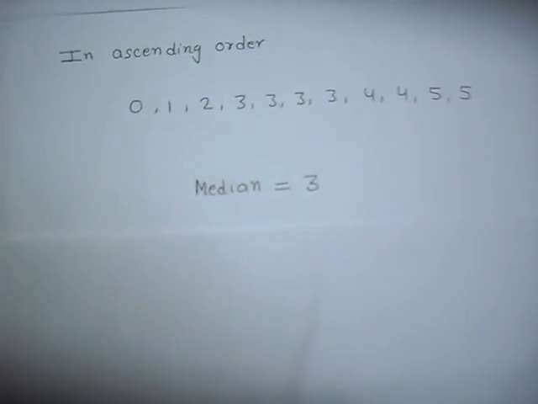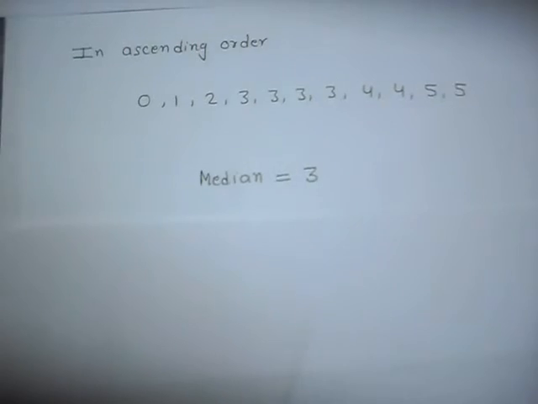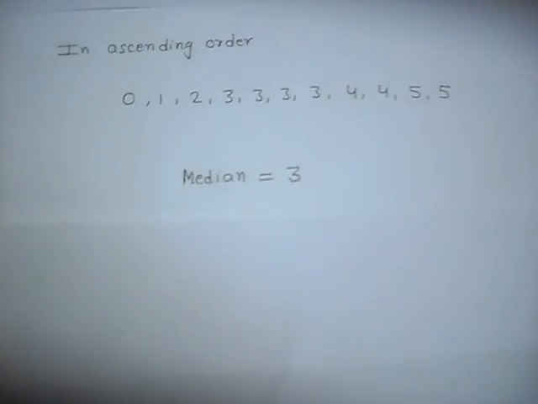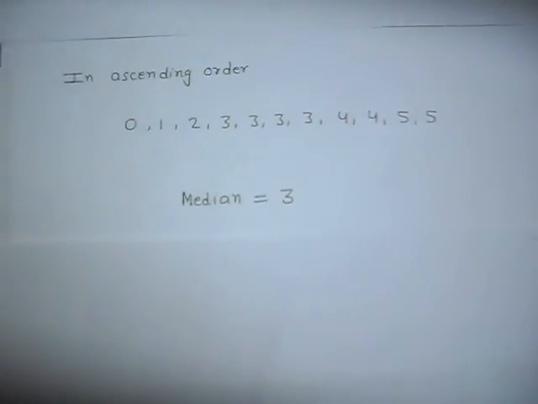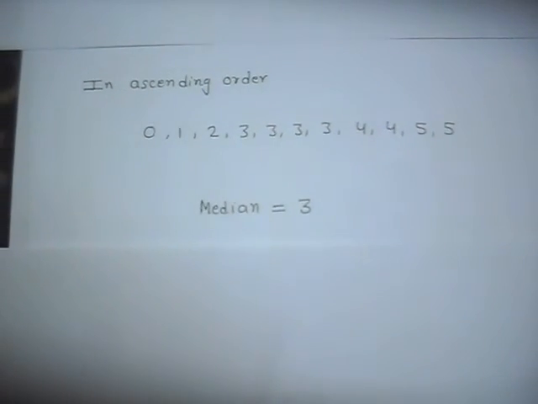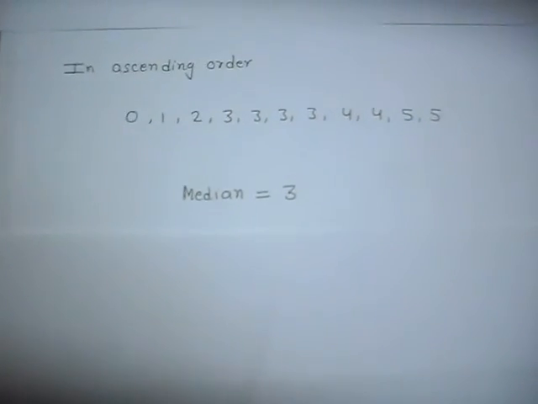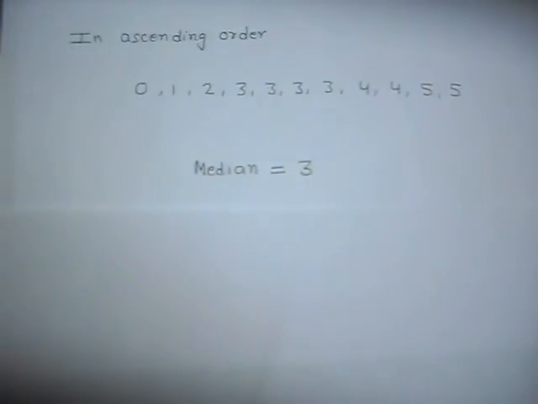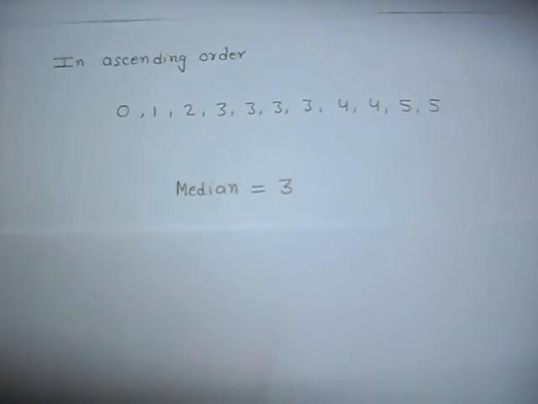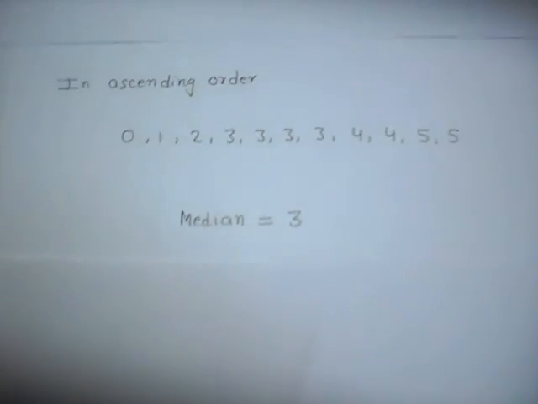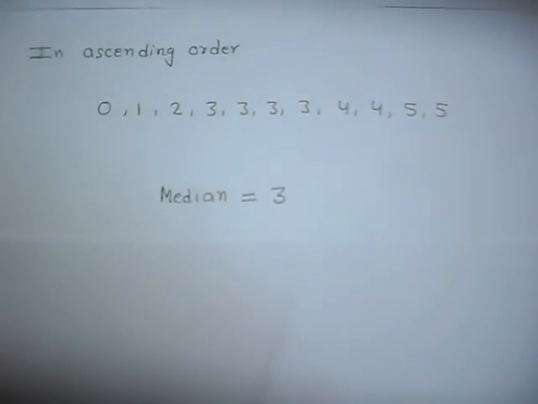So here we have discussed how to find the median of given data. There are two methods. When data is in even number, we use one formula. When data is in odd number, we use a different formula. But in both cases, first arrange the data in ascending order, then apply the appropriate formula, then compute the median. In general language, the meaning of median is the middle value.